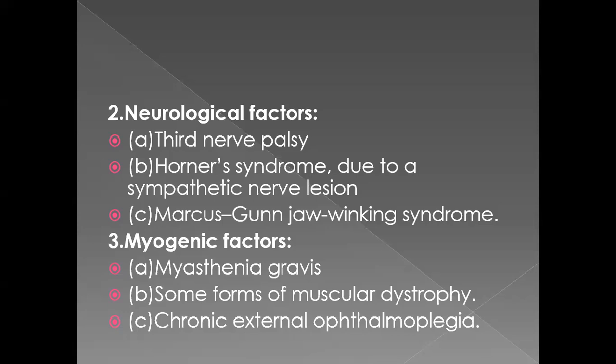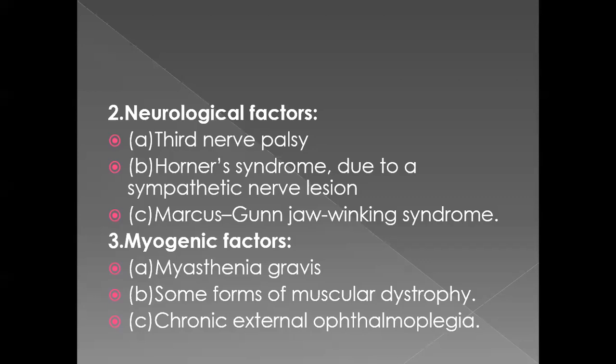So that is why when you examine these patients, especially children, because it's a congenital disorder, whenever they open and close their mouth while eating, whenever they are chewing something, the eyelids will be seen to be moving. The upper eyelid sometimes will droop and then sometimes it will open normally. So that is an abnormal connection and an abnormal condition which is called Marcus-Gunn jaw winking phenomenon.